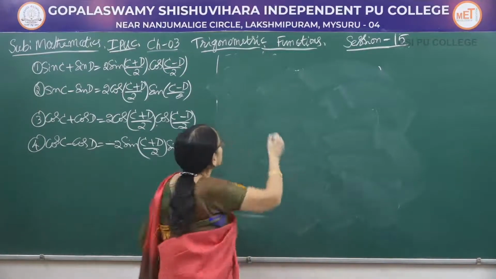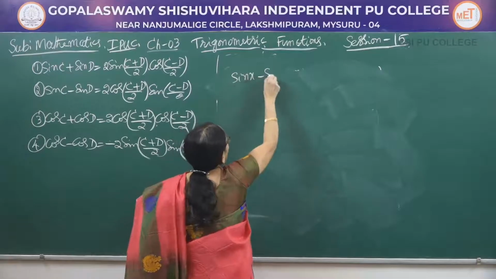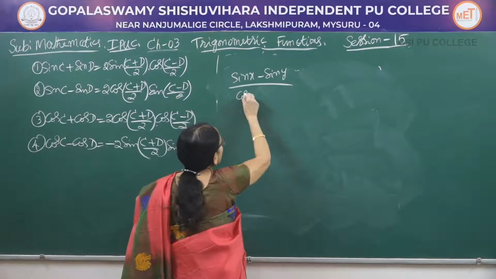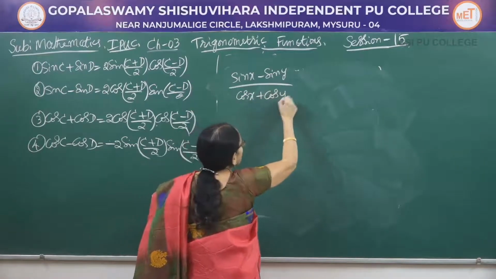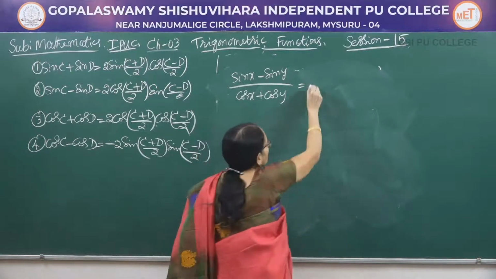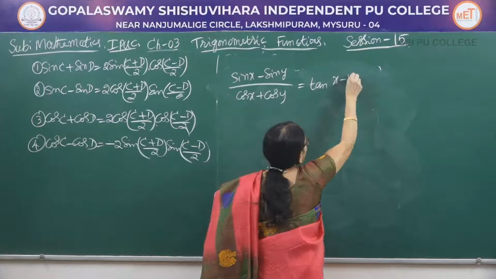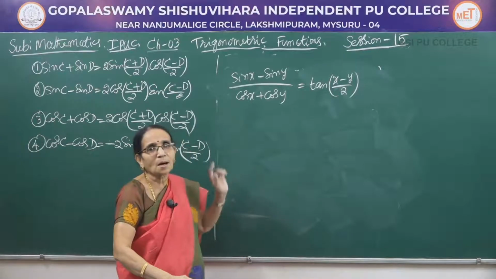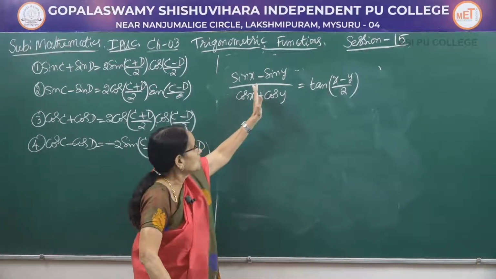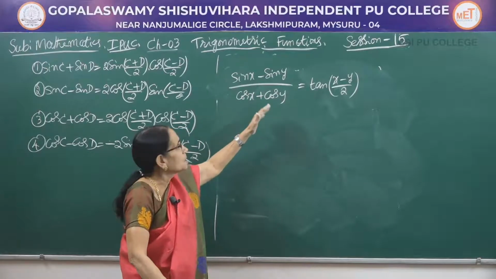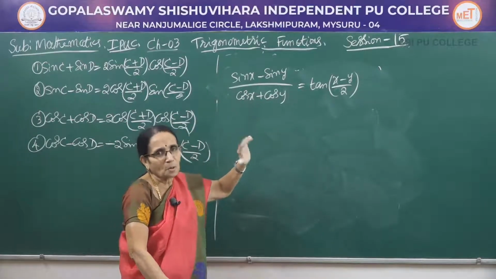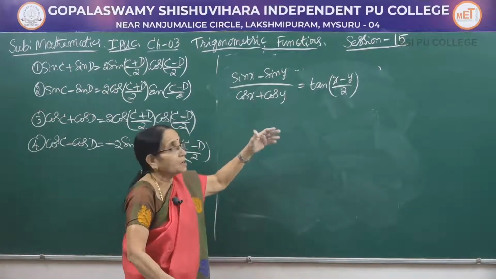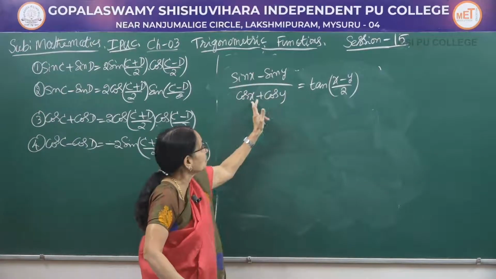Take this problem: (sin x minus sin y) divided by (cos x plus cos y) that would be equal to tan of (x minus y) divided by 2. You can observe the difference between this and the earlier problems. In the angle part, we had 2x, 3x, 4x, 5x. In almost all the angles, when you added or subtracted and divided by 2, when you applied this formula, we got an integer, a whole number. Whereas here we are having 1x, 1y and 1x and 1y.